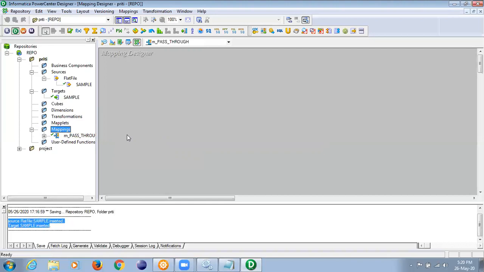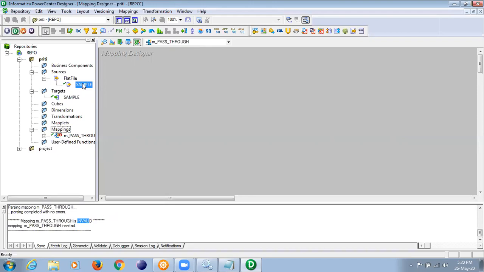Now if you save, I am pressing Control S. It is saying inserted, but did you see it is invalid? Because obviously there is nothing present in the mapping. The mapping is empty, so what is to be validated? Can you see it is saying invalid? So how to make the mapping?